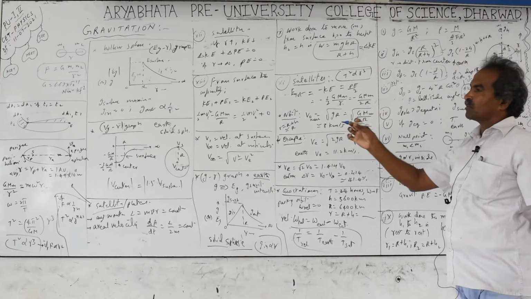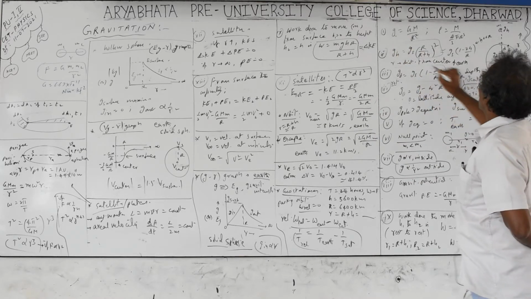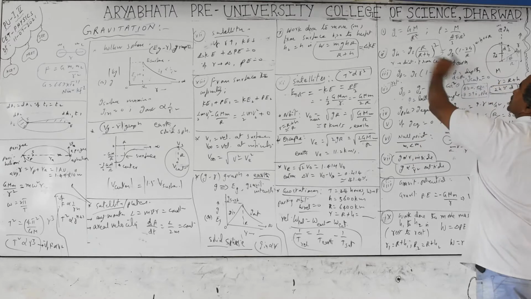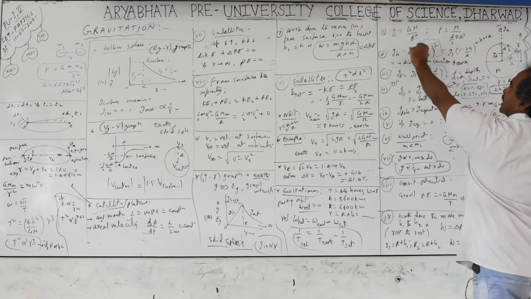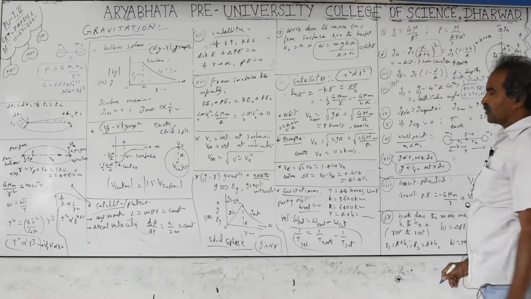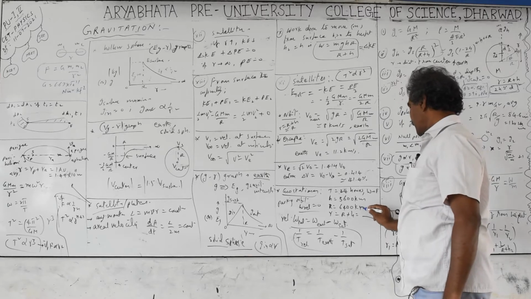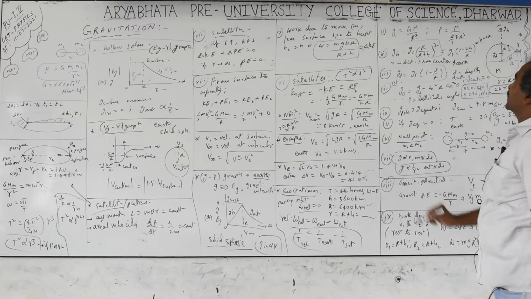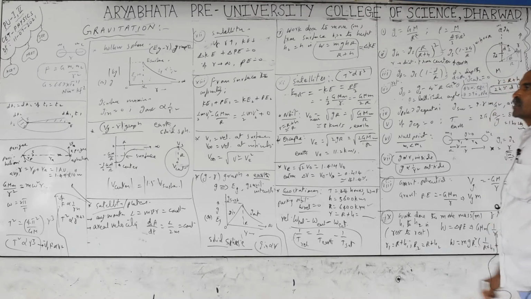So whether you take a small body or air molecules, whatever you take, the acceleration due to gravity depends only on the planet's mass and planet dimensions. Planet mass means capital M, and r is the radius of the planet. If it is the earth, the radius of the earth is 6400 kilometers. It is an approximate value, not exact, because the earth is not perfectly spherical. We take the average radius, as it has valleys, hills and heights.